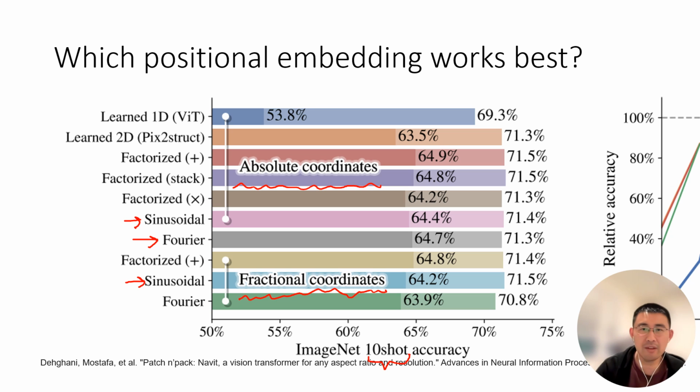And in this work, the most performant is actually the factorized method over here. I think it's at 64.9%. So this is the best method that they found out. I say keep this with a grain of salt because